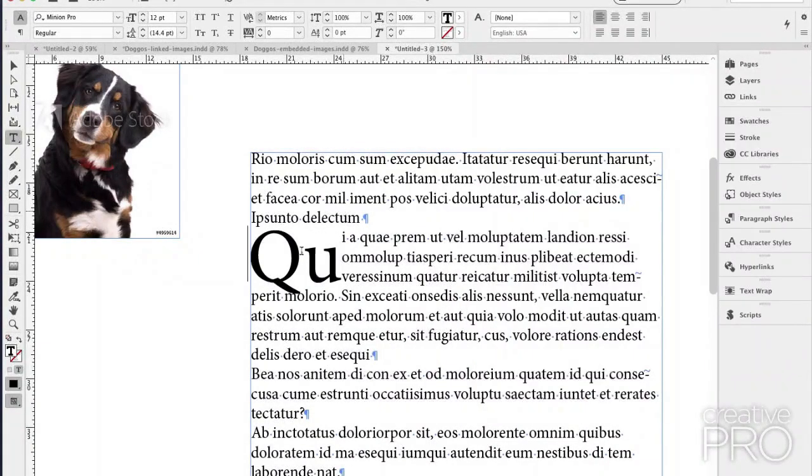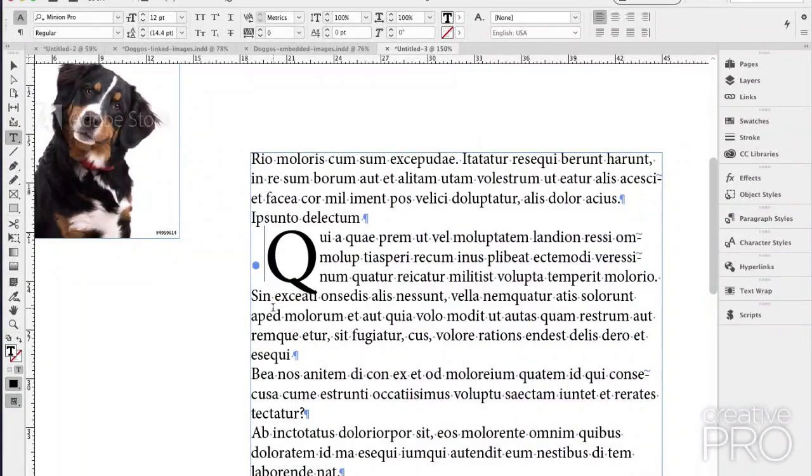Just say OK. Then your cursor should be blinking in front of the first letter, and just tap the space key. So now it's a space and a Q. The reason you're doing this is because you can't kern if there's no character or letter to the left of your cursor. You can only kern if you're in between a couple characters.